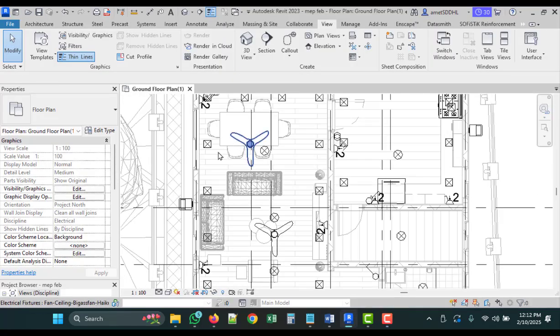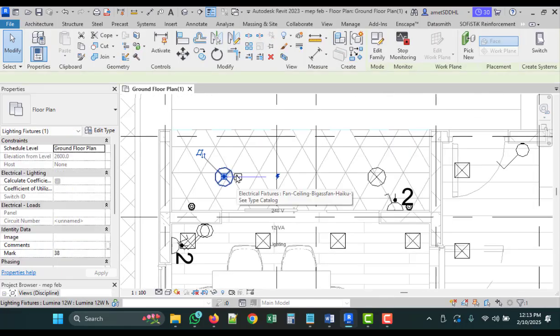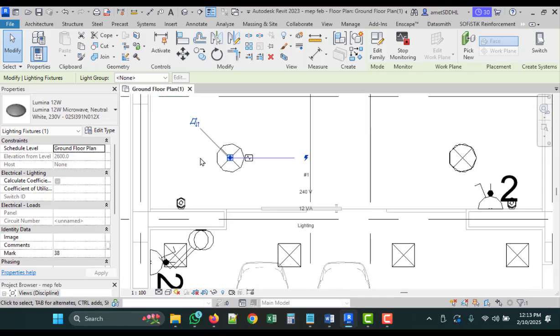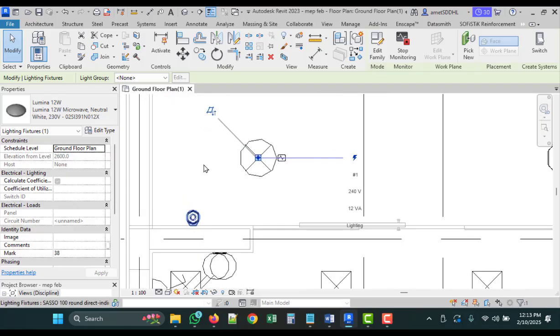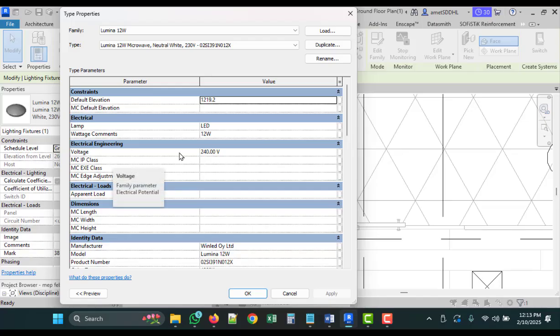All right, so we are looking at the electrical systems. So already we have set the voltage and then the power demand of electrical fixtures. So for this light, for example, we have to make sure it has a voltage of 240, and